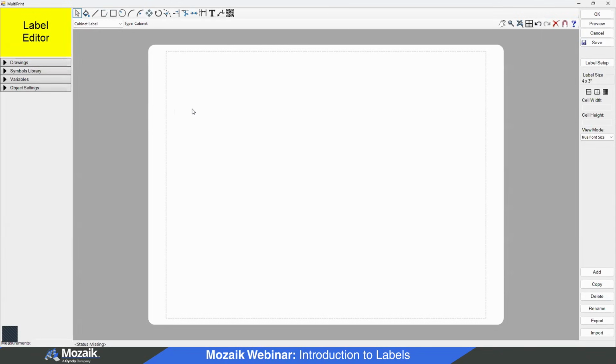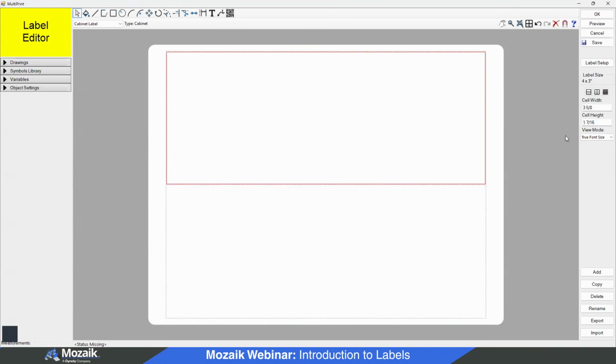All right, so let's create a label together. I'm going to modify this one. In my shop, we're making a post assembly label. This will be almost a checklist for my guys to look at. They can check off certain things that were done and make sure that the cabinet is good to go on the truck. So first thing I'm going to do, I'm going to split this horizontally once,